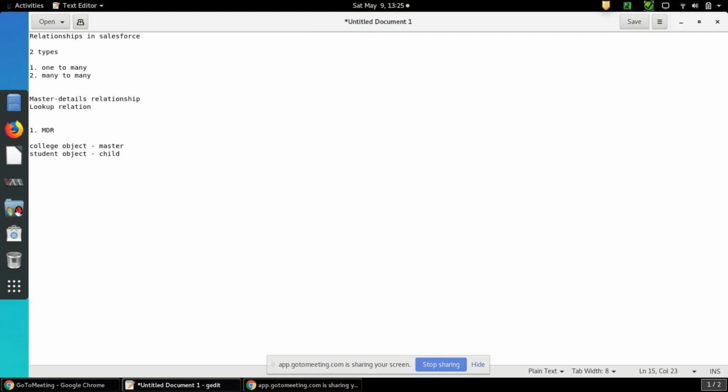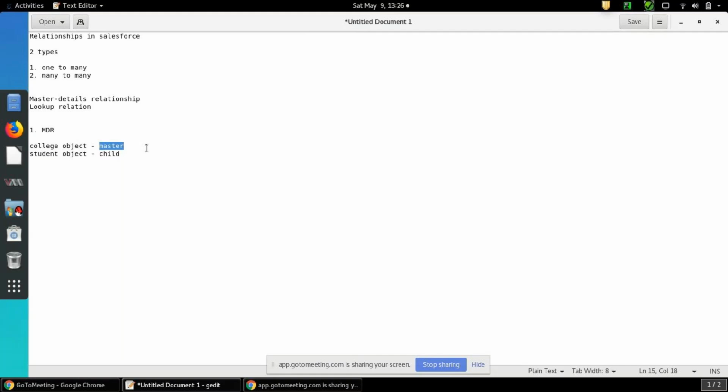The child record, that means the student object, must always be associated with the master. If I want to create any student record, there will be a search icon, and you have to select the master record for that student. So a child record must have an associated parent object. Detail is nothing but a child.